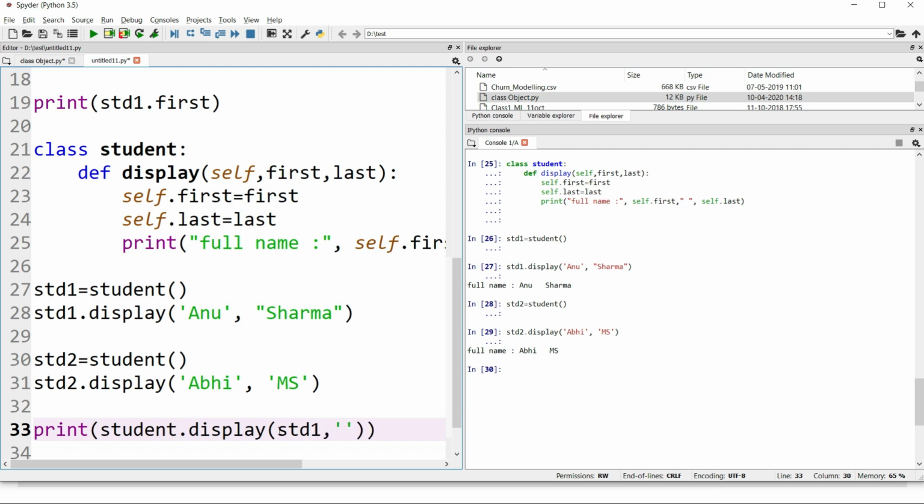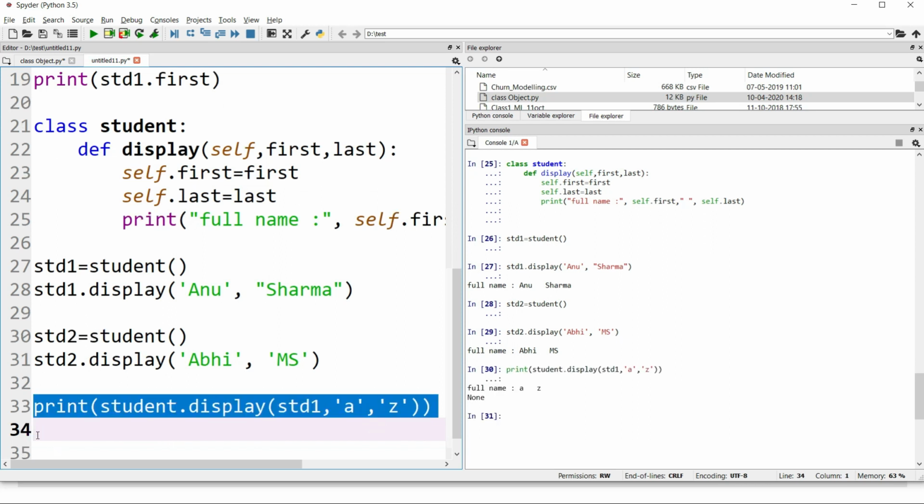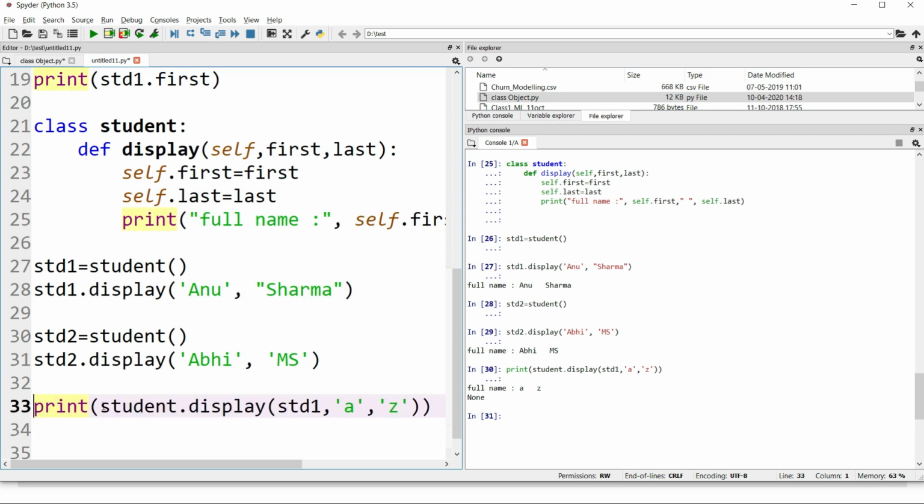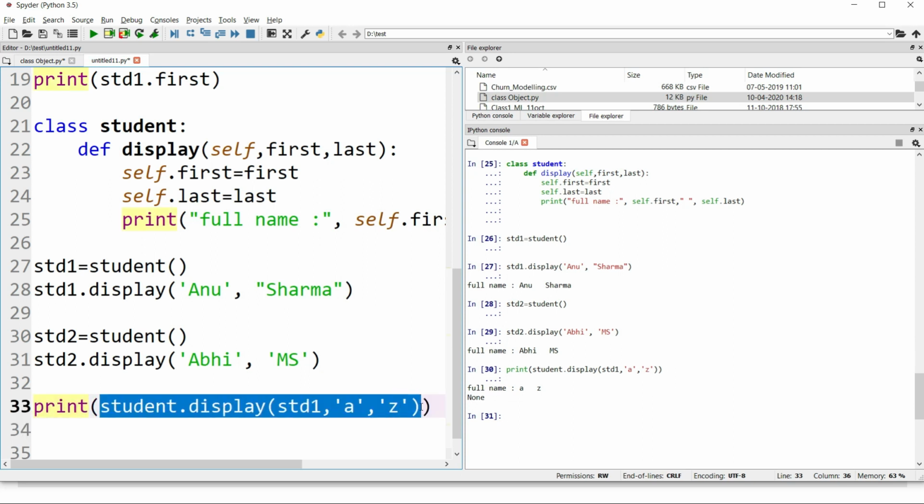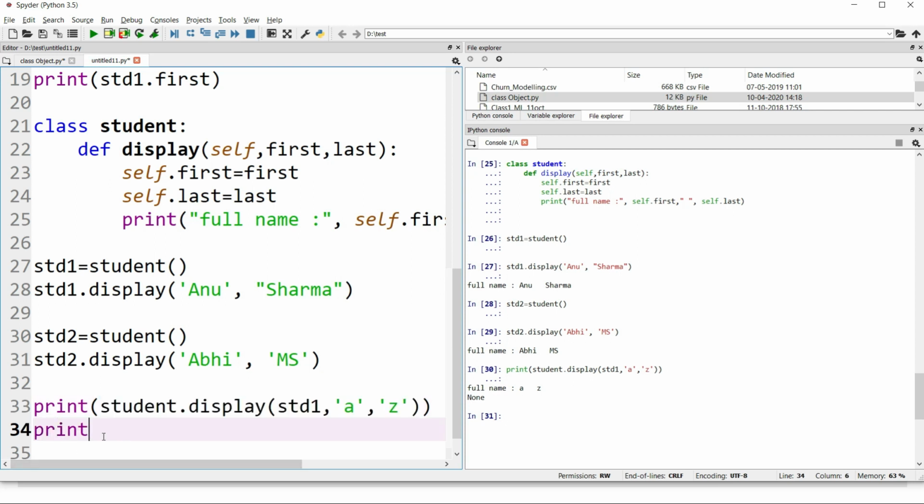Then I gave the first name A and I gave the last name Z. Now let's see if this works out or not, and it works out completely fine, right? Because this time I called my display method using class name dot method, I need to pass the object name so that it is clear which object is trying to call this.